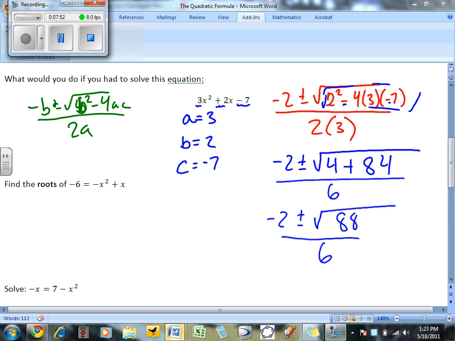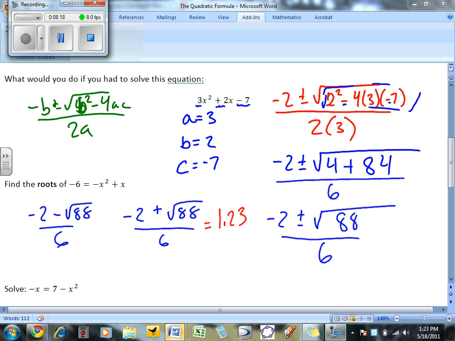We can go negative 2 plus the square root of 88 divided by 6, and we're going to go negative 2 minus the square root of 88 divided by 6, and we'll get our two answers. They might be decimals, and that's fine. So we'll say negative 2 plus the square root of 88, and then we're going to divide by 6, and I'll get